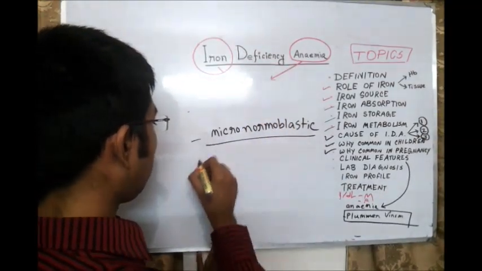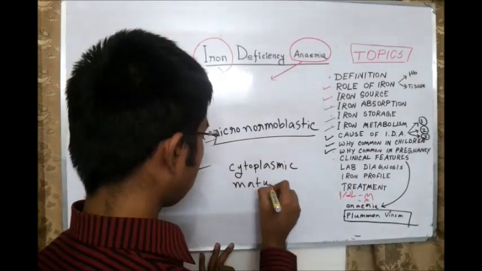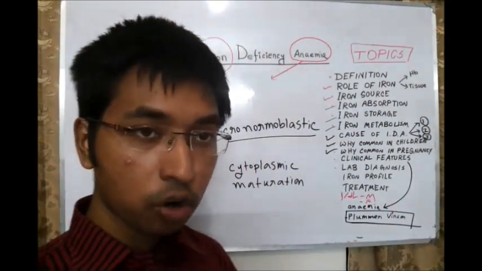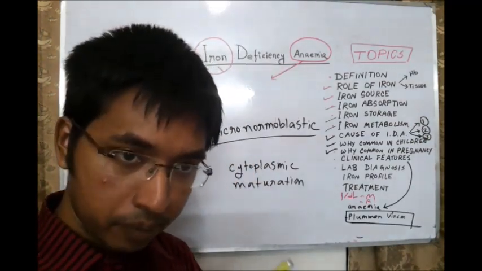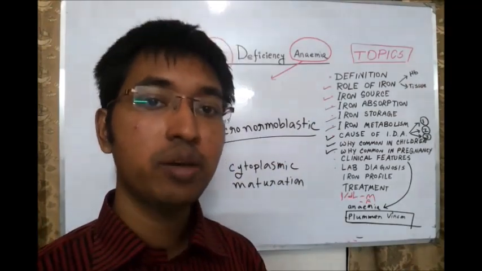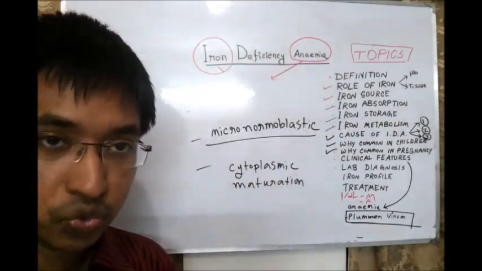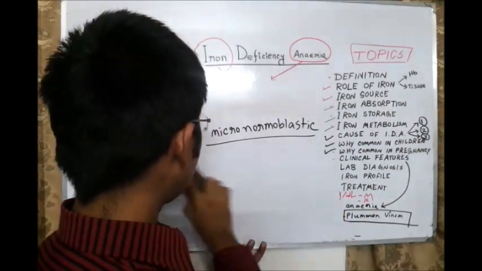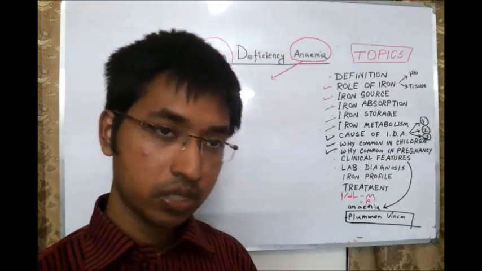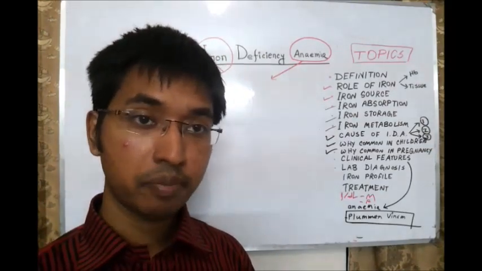Another thing that we will see in the bone marrow is that the cytoplasmic maturation will be behind the nuclear maturation. So this is an important thing. Normally those things occur simultaneously. The cytoplasm matures and the nucleus matures at the same time, and ultimately the nucleus is removed from the totally mature red blood cell. As we know, RBC has no nucleus. But in this case, the cytoplasmic maturation will be slower than the nuclear maturation. And since the problem here is in the RBC, in the hemoglobin, but there is no problem in white blood cells or platelets, the other things, granulopoiesis, which makes WBC, and megakaryopoiesis, which makes platelets,